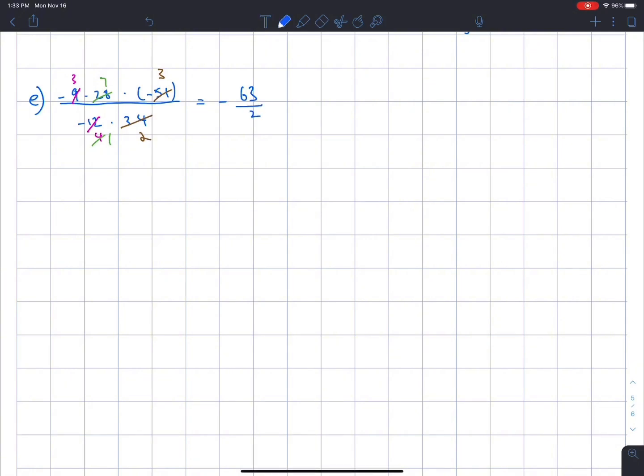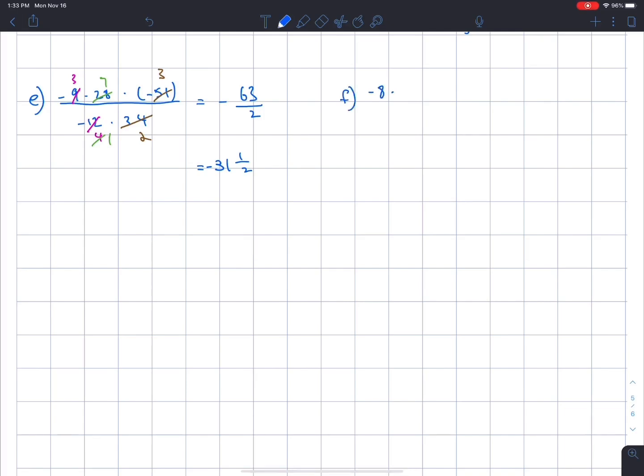And now I can change it back into a mixed fraction. 2 goes into 6 3 times. 2 goes into 3 1 time, and I have a 1 left. So negative 31 and 1/2 will be my final answer for E. And F,